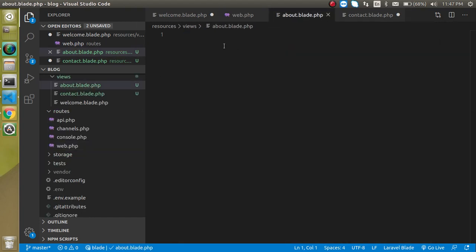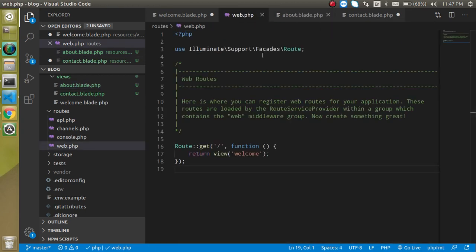So we just created about.blade.php. Let's make a small text here, like about. I want to see this page in my browser, so how can I see that? Our page is ready. Now we need to make a URL for making a complete routing, right?